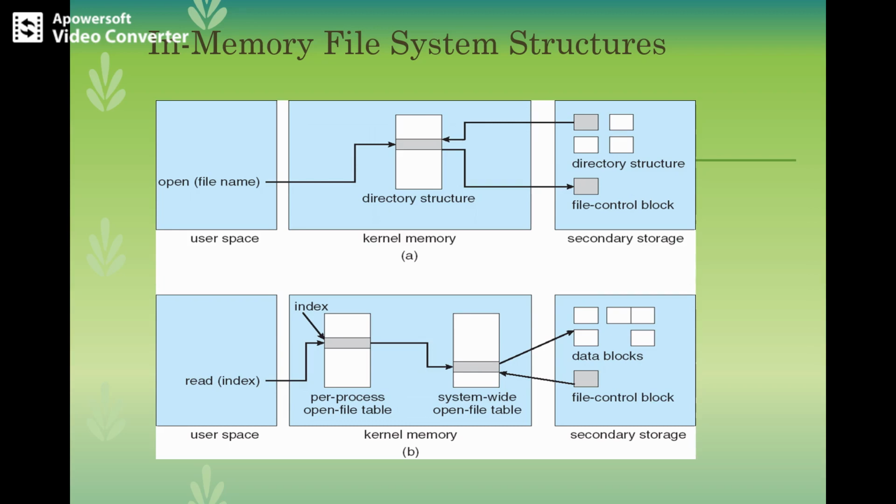Once an entry is made in the per-process open file table with a pointer to the entry in the system-wide open file table, these other fields can include a pointer to the current location in the file, as well as the access mode in which the file is open. The open call can return a pointer to the appropriate entry in the per-process file table, and all the operations are then performed with this pointer.